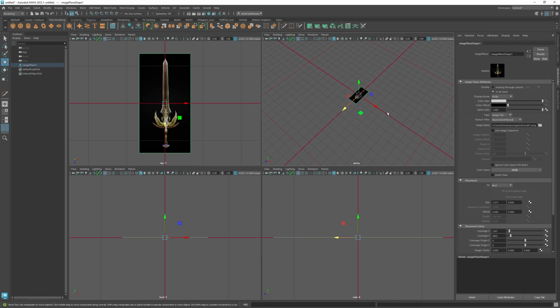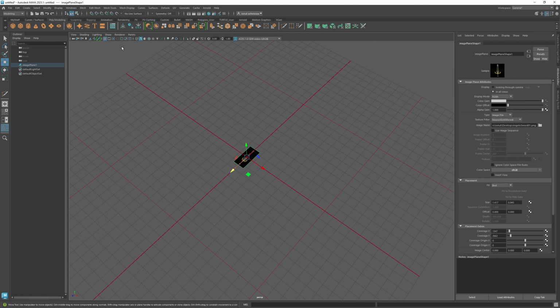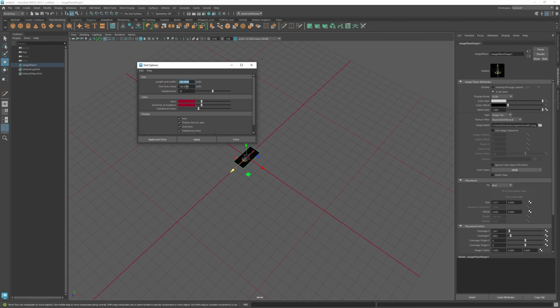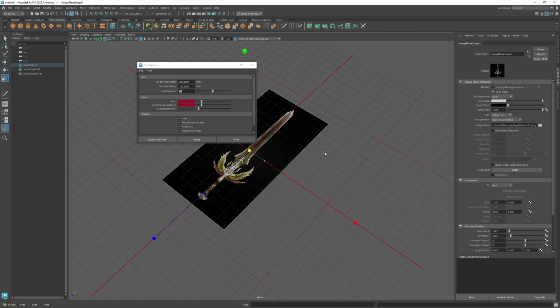And right now it's quite small. If you look at the squares, I have my grid set up to 200 units, which is this, from 0 to plus, minus, y, x, and z. Then I have grid lines every 100, and then subdivisions each 10 centimeters, which is one of these. So the size of this is quite small, so we can have this as quite a large sword, maybe